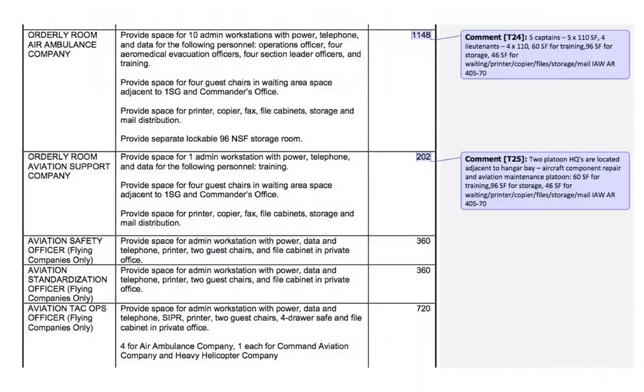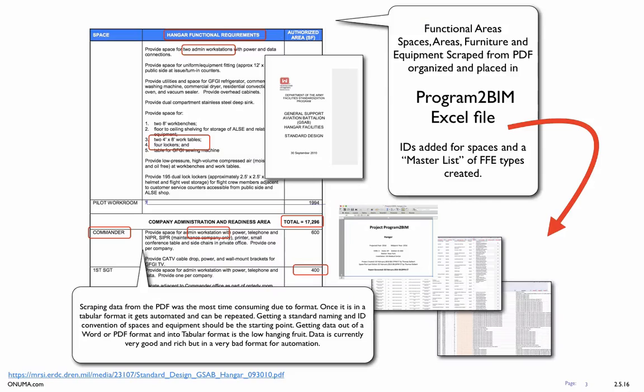We've all seen formats like this where owners have program requirements embedded in PDF files, and for example, a square footage is in the box on the right, and then there's a narrative describing the space and the type of equipment that goes in it, or in some cases there's even entire paragraphs that describe the space and equipment inside it. So we took this multi-page PDF document that describes an aircraft hangar, and we are circling things in red